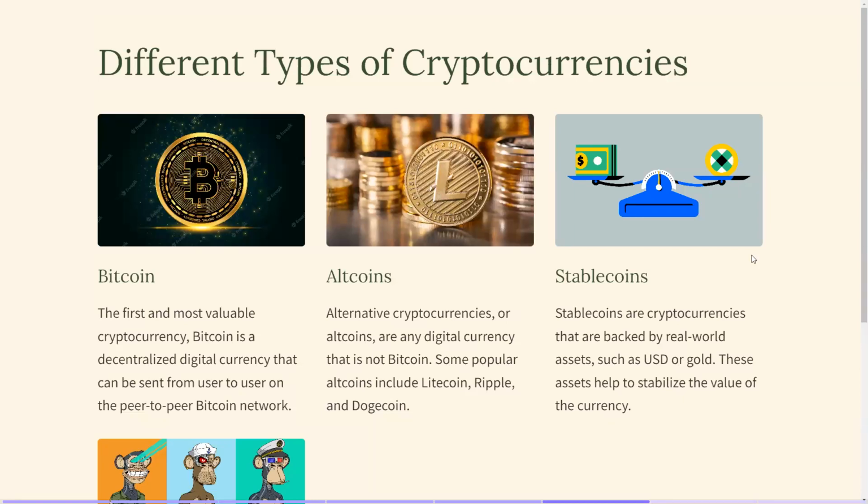So when you think about cryptocurrencies, you have Bitcoin, which is the main one that people think about. And then everything else other than Bitcoin is called an altcoin or alternative cryptocurrency. In addition to your Bitcoin and altcoins, you have stable coins. And stable coins essentially reflect the same price as a US dollar, as your typical currencies that you're used to now. So with stable coins, the price does not fluctuate by much, and it should be close to the fiat value,